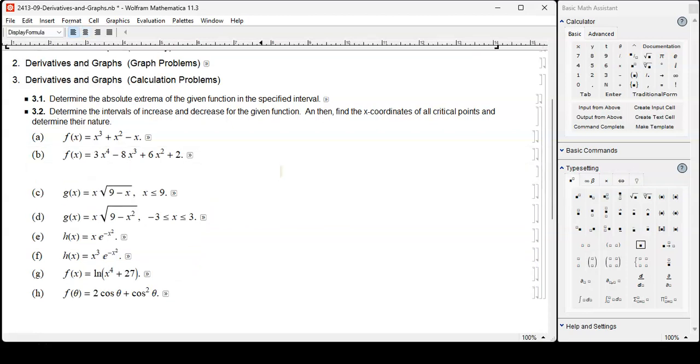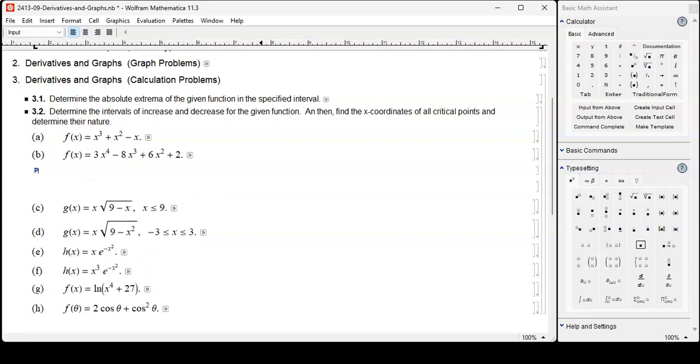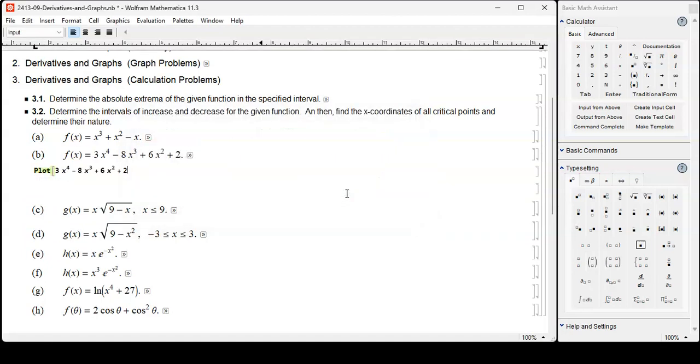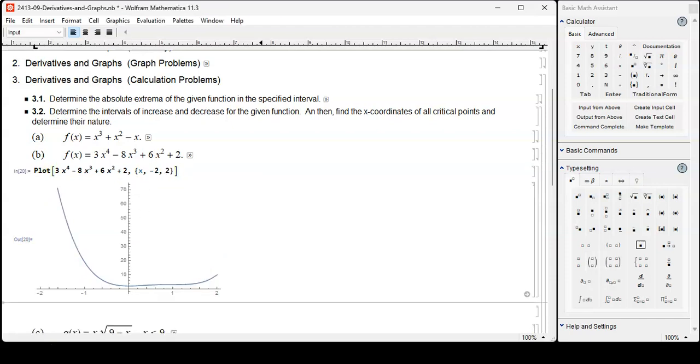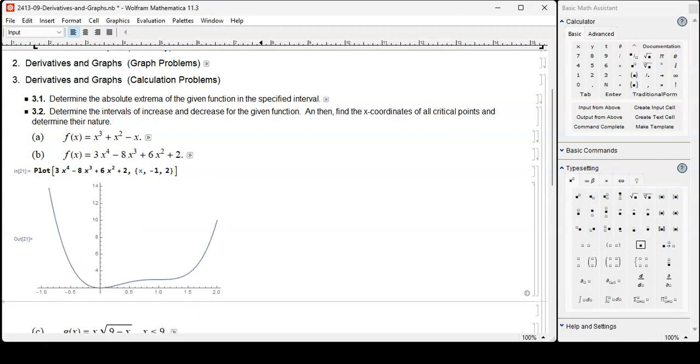Okay, how about the next problem here? Copy and paste this thing. x is going from, say, negative 5 to positive 5. Okay, I'll start somewhere, and we have something like this. Apparently, this is too big. So negative 3 to positive about 3. How about that? Not enough. Negative 2 to positive 2. Negative 1 to positive 2. Okay, I'm seeing something. Negative about 1.5